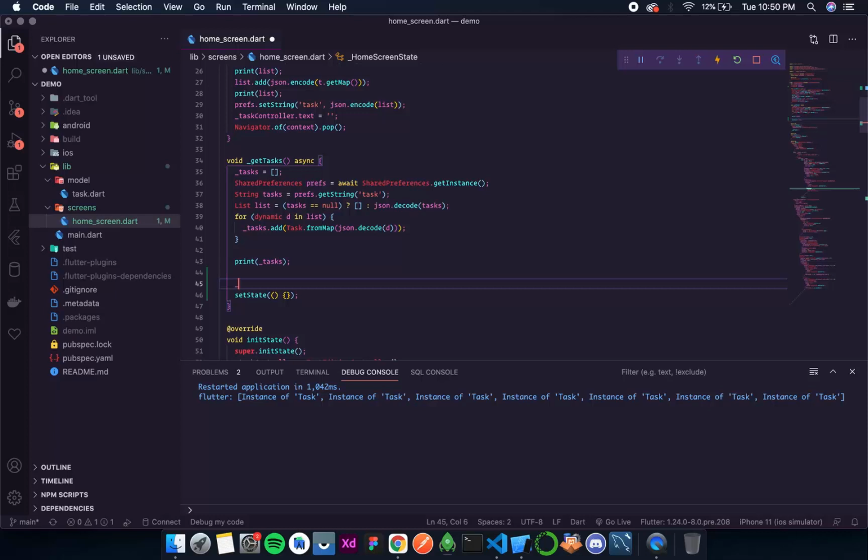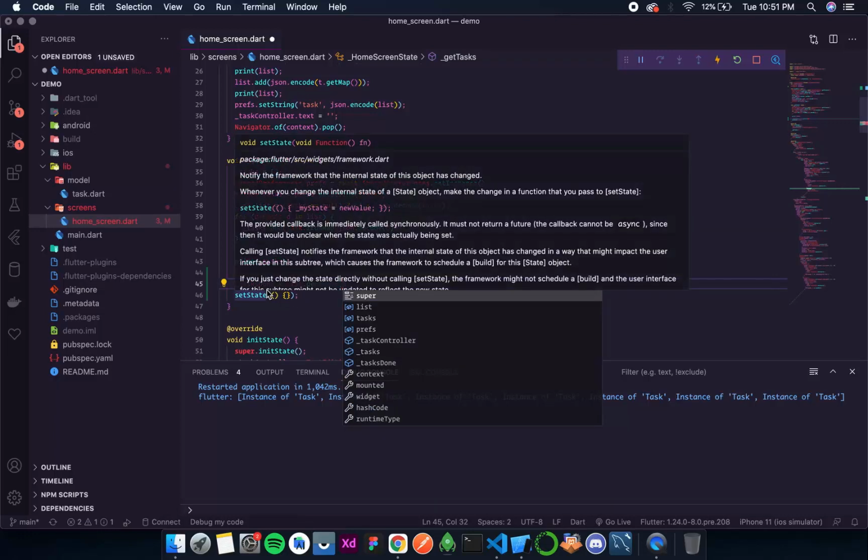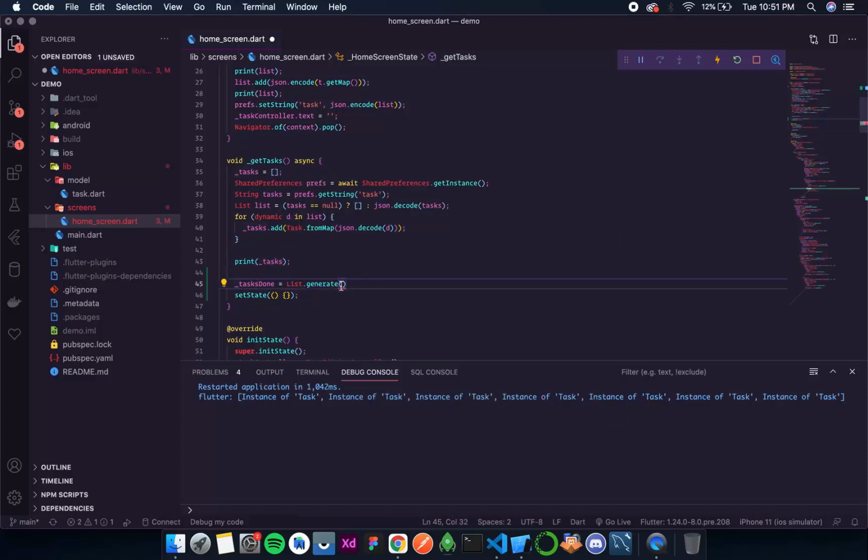Over here I'll call that variable, and then we have a special method called list.generate. What it basically does is generate a list based on two parameters. First is the size of the list and second the values that will be in that list. So the length of tasks done should be equal to the task list length. So I'll simply copy and paste dot length.